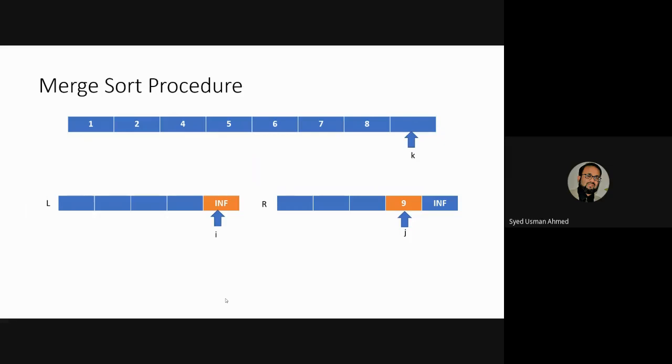Now at this point my I is pointing to infinity, right? And I compare infinity with 9. Because infinity is much higher in comparison to 9, 9 is smaller, so 9 will move to the last location, right? And now K is at the last element. Initially we assumed that K will move from P to R, right? P to R is the length of the original array. Now K has reached the value called R. So at this point we need to stop, and if we look at the series, we have got a completely sorted list from the two sorted lists: 1 2 4 5 6 7 8 9. So this is the sorted list, right?